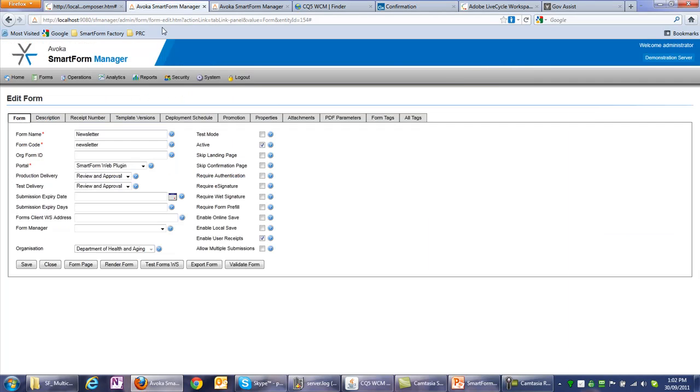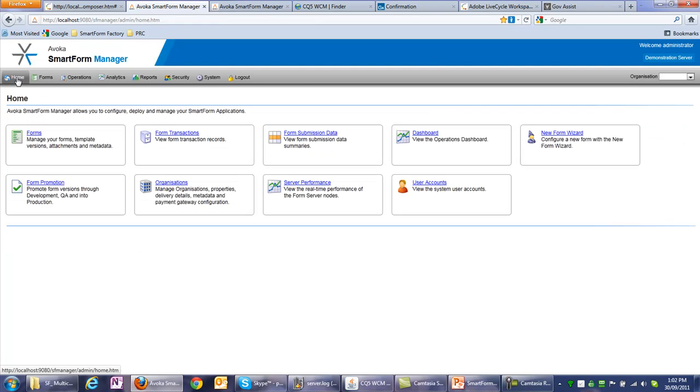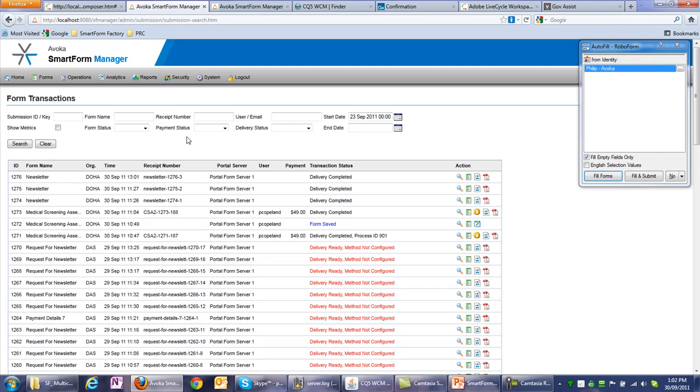So this is the administration console once again, and let's just have a look in the transaction log. This shows us all the submissions. This is typically viewed by an operations manager or administrator who wants to keep an eye on all the delivery or on all the data being submitted to the system, and it gives us a lot of detailed information. And you can see that that form was just submitted a second ago, and it's already been passed across to the delivery